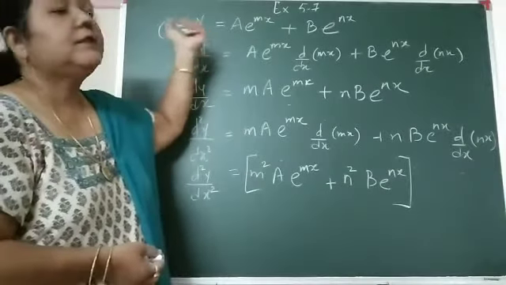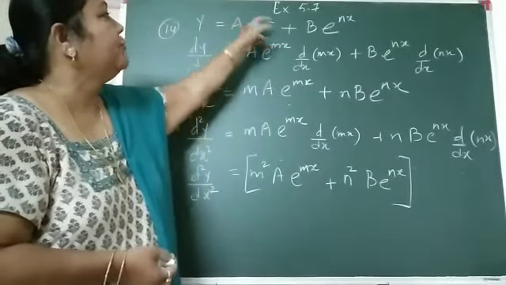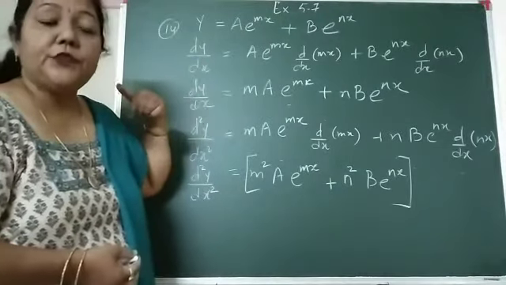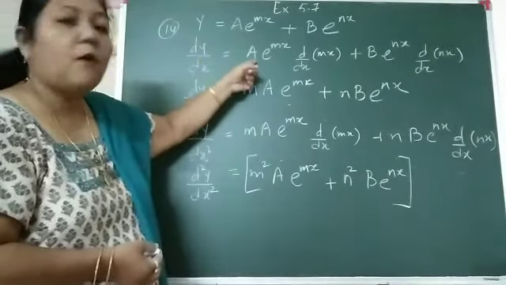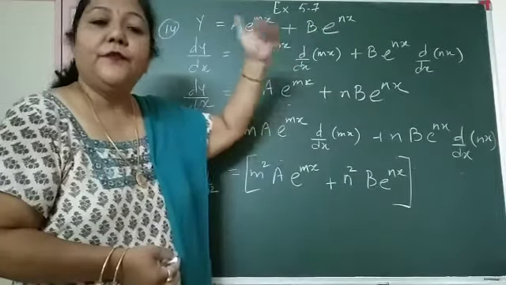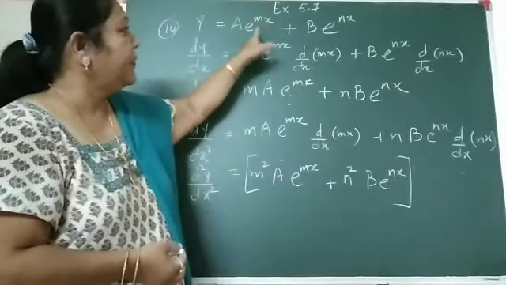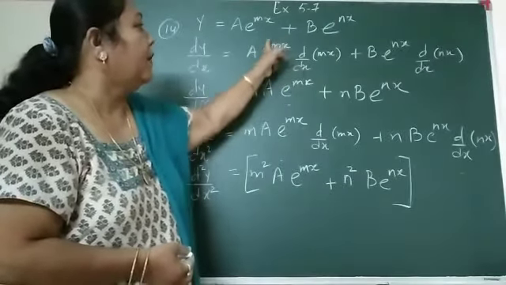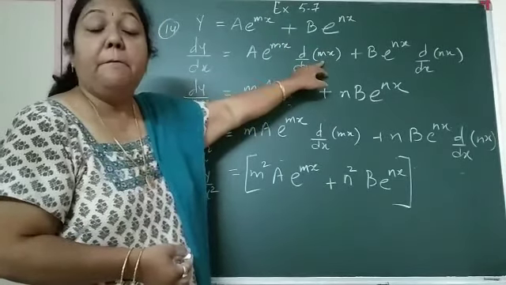Okay, now children, in this question we have y equal to two terms given, a into e raised to mx and b into e raised to nx. So let's differentiate it the first time. So I have dy by dx equal to, capital A is a constant, and we know by formula that the differentiation of e raised to anything is going to be the same term. So e raised to mx, the differentiation of e raised to mx will be the same term, e raised to mx. But because the power was not a single x term, I have to differentiate the power back again by the chain rule.